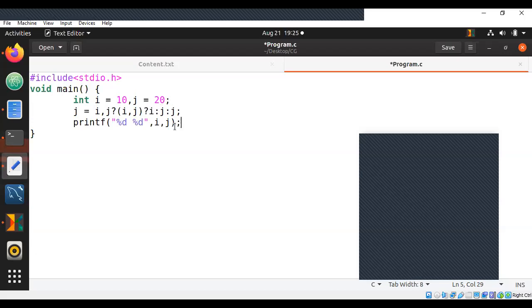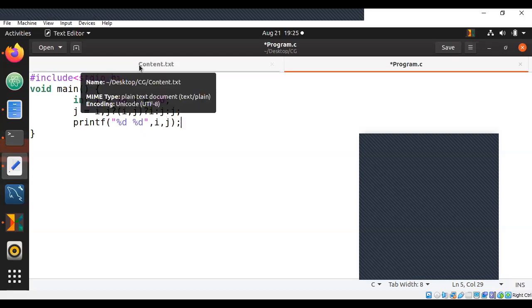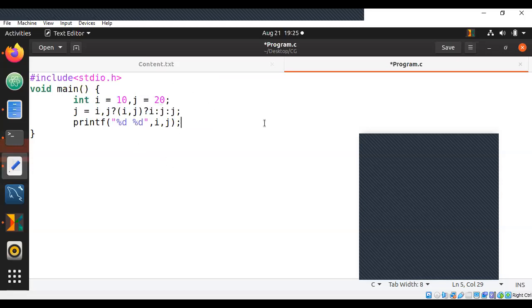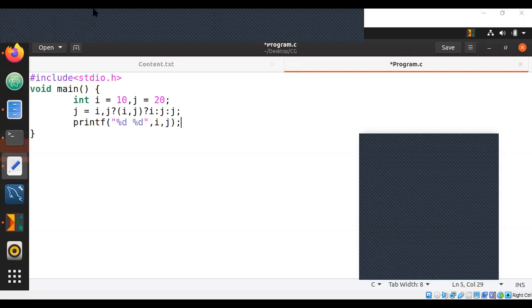Now this is your question for now. Can you try what would happen here? I will explain how this program works by dividing it into if and else so that you can understand easily. But before I do that, I want you to just go through this, figure it out, try it out. Let me know what could happen. So take around 30 seconds maximum. I want you to try it out and let me know what could possibly happen.